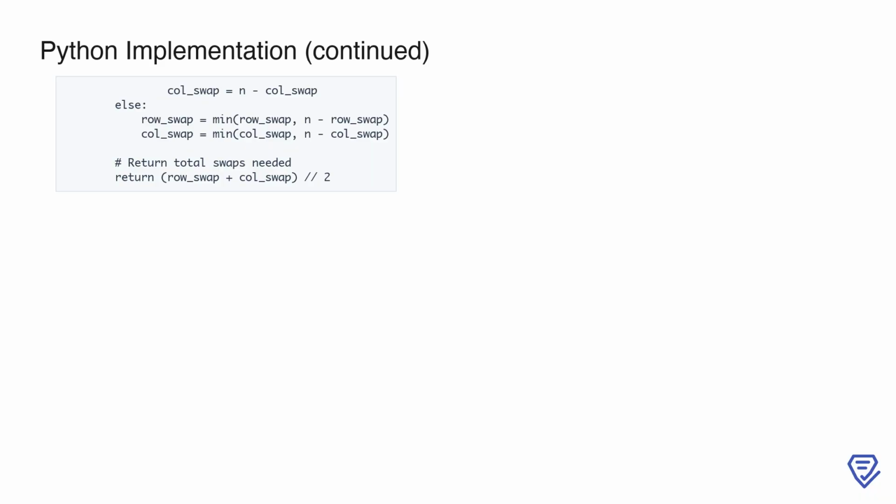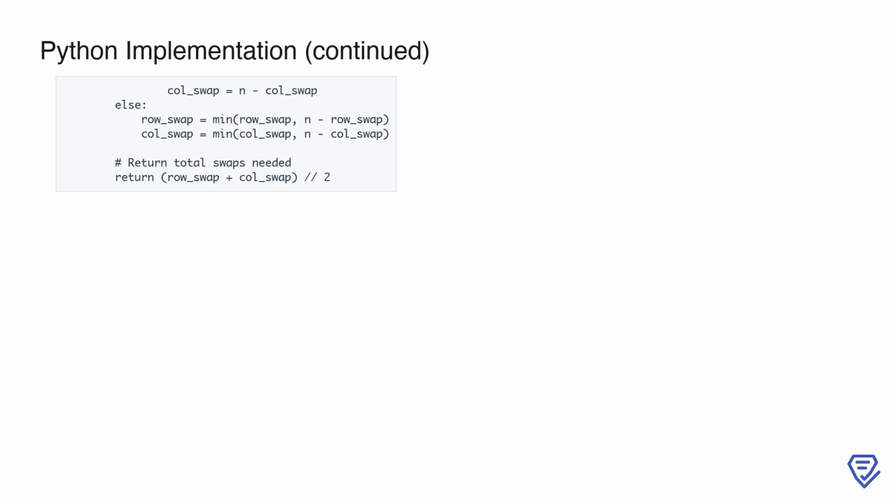This ensures that we minimize the number of swaps needed. Finally, we compute the total swaps required by summing row_swap and call_swap, then dividing by 2. The division by 2 is important because each swap operation affects both rows and columns simultaneously. The function then returns this final value, which represents the least number of swaps necessary to transform the given board